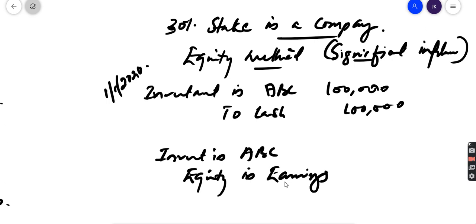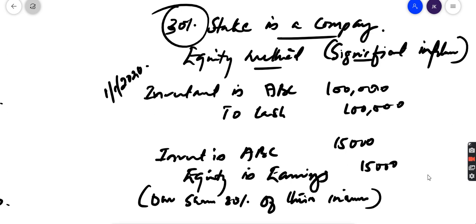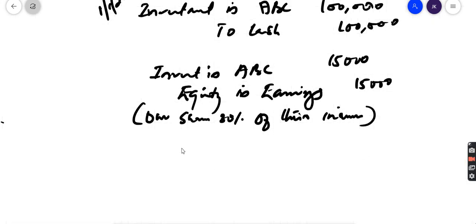So how much has the company earned? 50,000. Is all 50,000 for us? Of course not. It's only our share, right? We have a 30% stake, so we'll book our share of their income. 50,000 at 30 percent, how much is it? 15,000, right? We would book this entry. Let's put it as our share, 30 percent of their income. Is the entry finished? No.